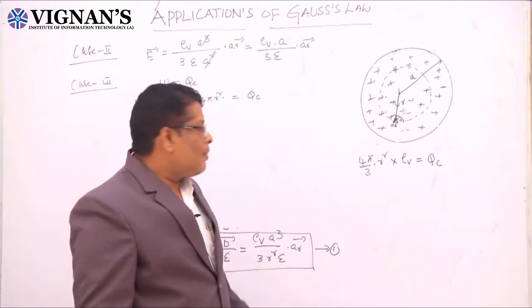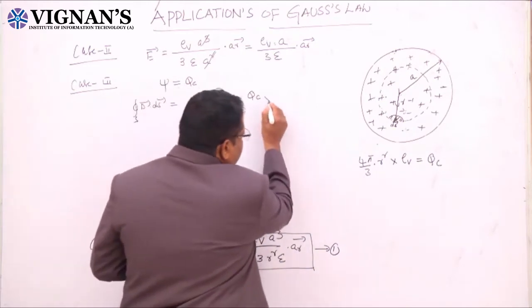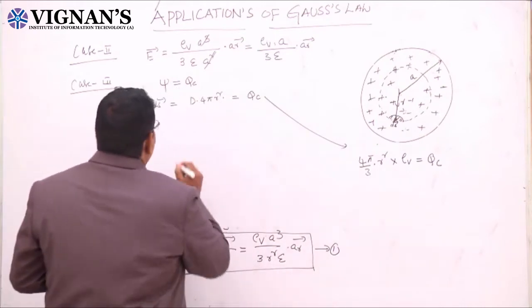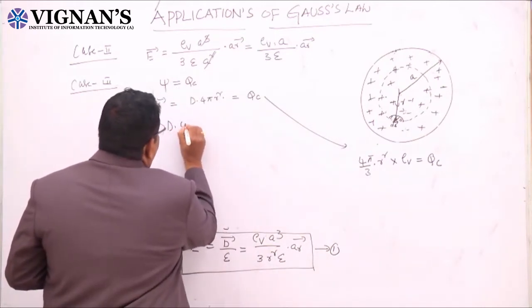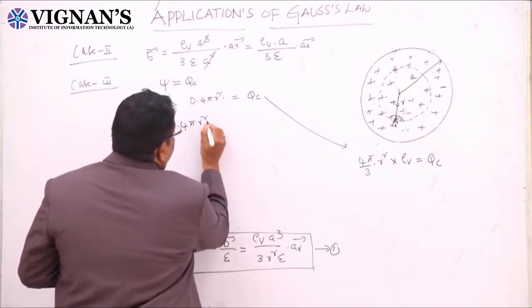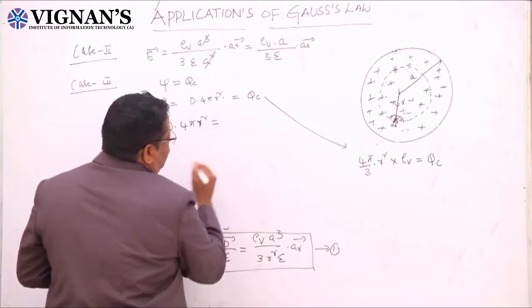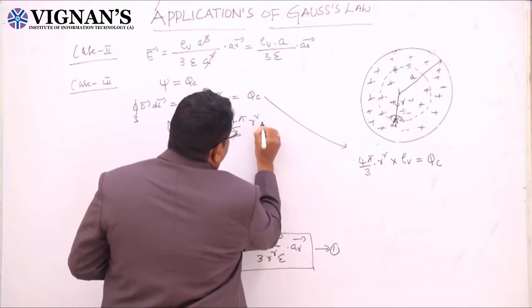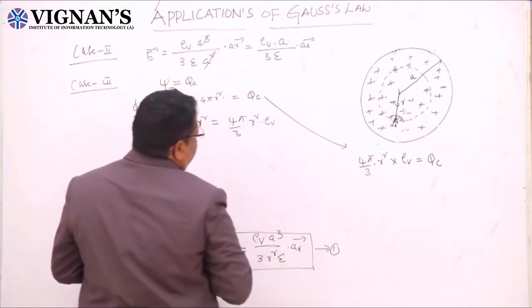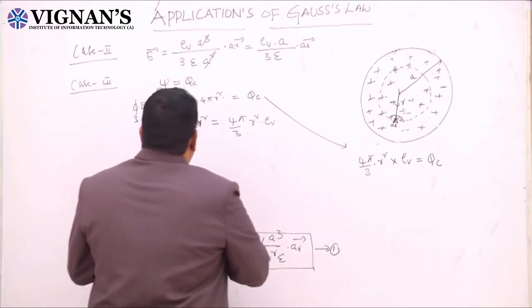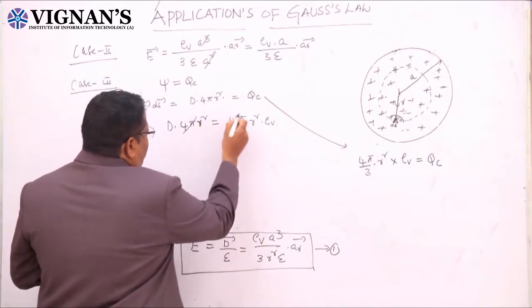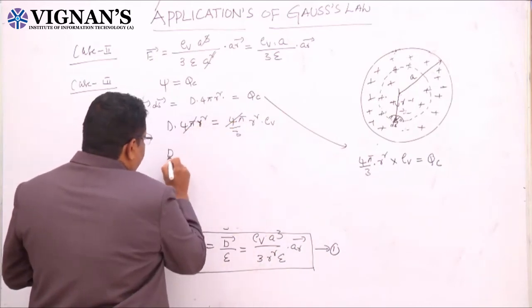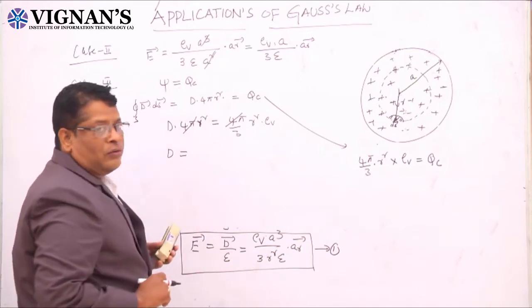Now D into 4 pi r square equals 4 pi by 3 r cube rho v. Now here 4 pi gets cancelled. Find the D. D equals